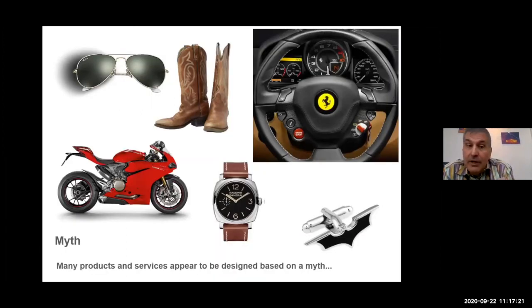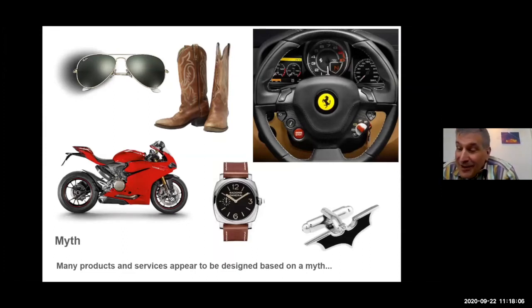For example, sunglasses made to imitate the sunglasses of the first aviators who in the 1920s finally flew their airplanes high enough to get above the clouds and needed glasses to shield themselves from the strong light. It's a style, it's a fashion, it's a manner of wearing glasses, which sends a message that you associate with the story of the first aviators. Cowboy boots, you associate with some of the individualistic values that are portrayed in Hollywood and so forth about cowboys. Sport motorcycles, you aspire to drive and to be a bit like your heroes of MotoGP.